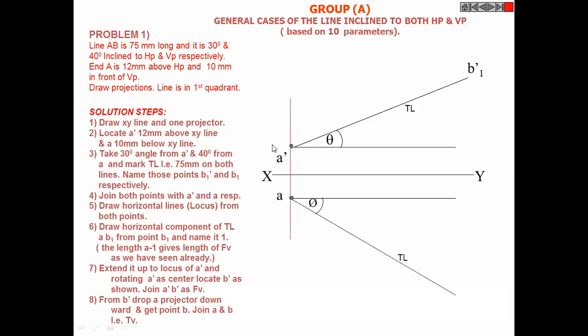Okay. Now next step. See what is the next step. So we get this B1. So what is the nomenclature you understand here? Whenever we are having true length, its end point is noted by B1 or B1 dash, depending upon which view it is. If it is in front view, dash will be there. If it is top view, there won't be any dash. So now we will draw that locus. Okay, we know this thing. It will be here only. The end point will travel in this line only.